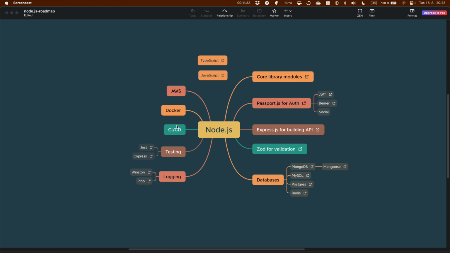And yeah, guys, I will definitely create one more video about the Node.js roadmap, but for advanced developers. I think I will call it how to become a high-demand Node.js developer. And there will be a lot of cool stuff like cloud development, some advanced patterns, and not only that.